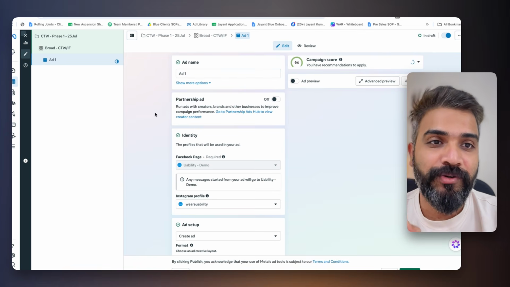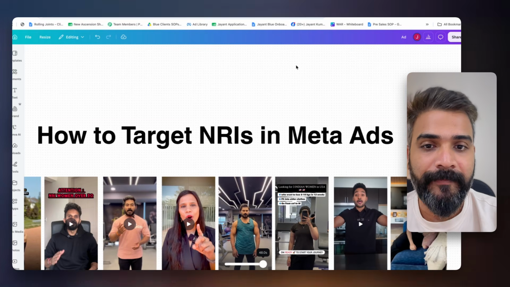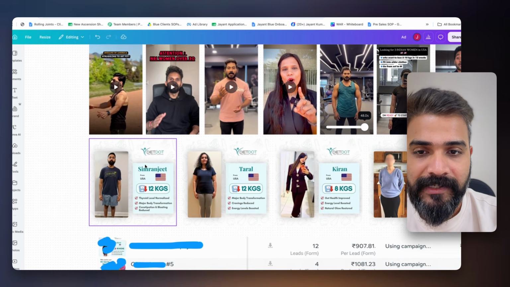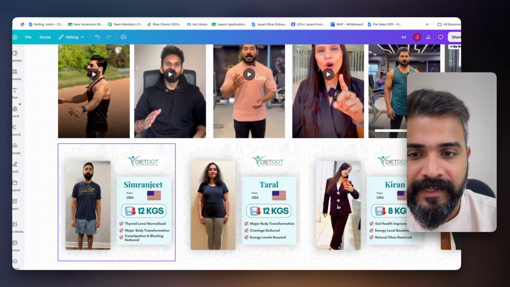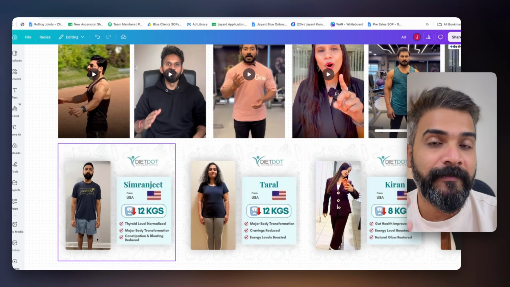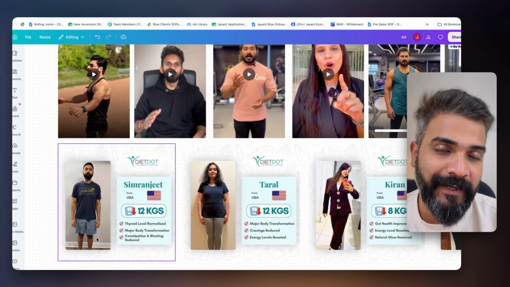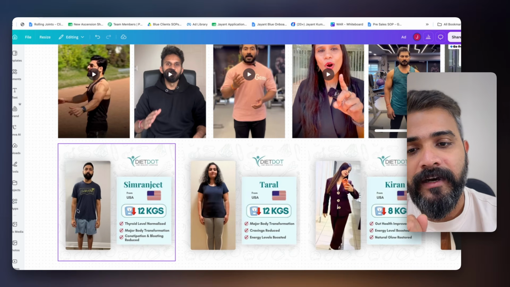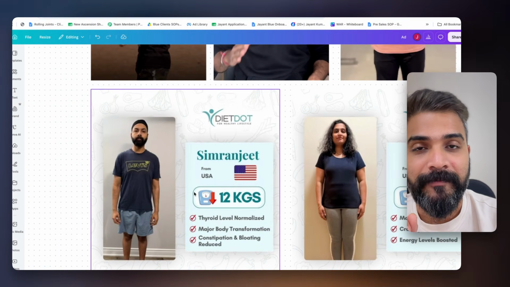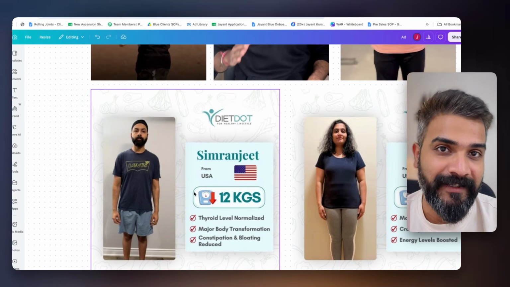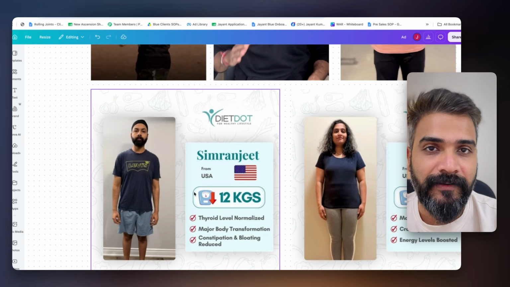At this point, let me show you how the ads look. I have done all the research. If you're using an image ad, a lot of coaches put the final picture, because before and after pictures are not allowed inside Facebook. Right next to it, they mention how much weight they lost and which country they were from. Even better if you can replace United States with the particular state they're from, like Texas or Florida.